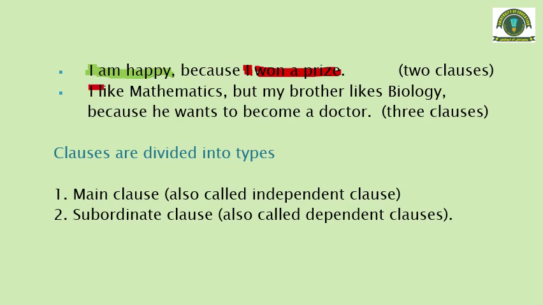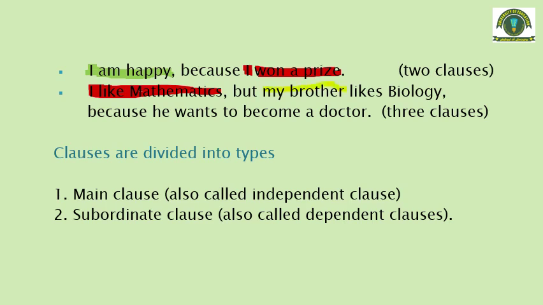I, the subject, like mathematics. It's a complete clause because it has a subject I and predicate like mathematics. Fine? But the sentence is not complete over here. We have something else over here. Look, my brother